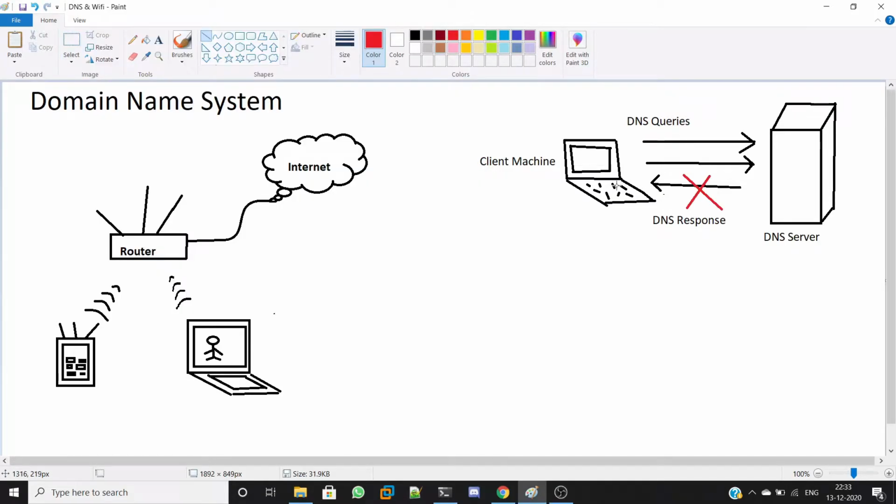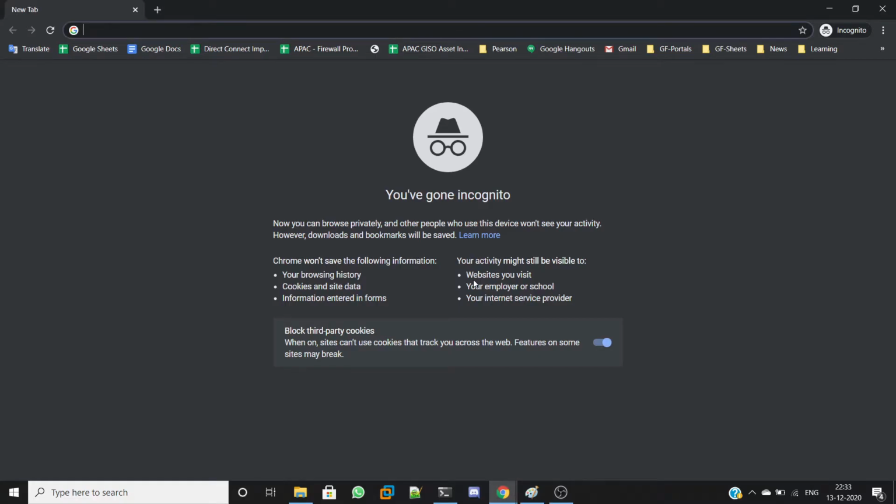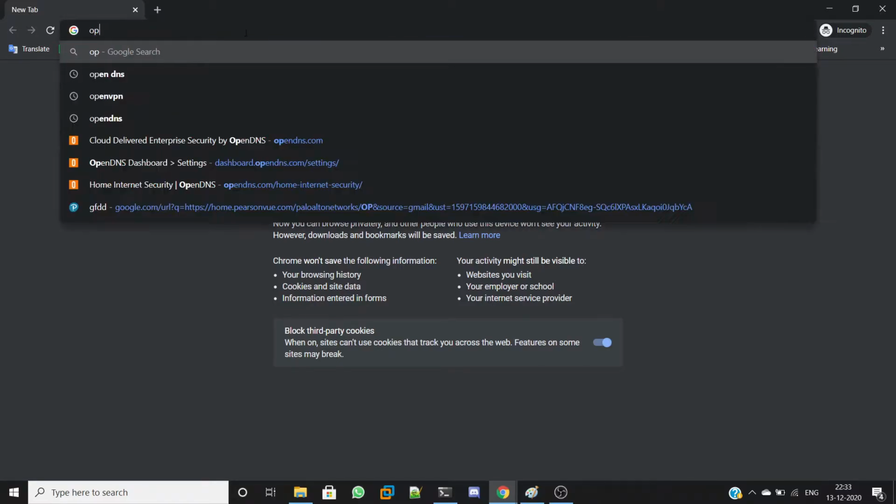server address. In our scenario, when a user tries to query some unwanted website, the DNS query is sent to a DNS server, and I'm going to deny the DNS response for that query. So automatically the user won't get the IP address of the server and is no longer able to access that particular server, I mean the particular site. To achieve this, Cisco offers a dedicated DNS solution called OpenDNS.